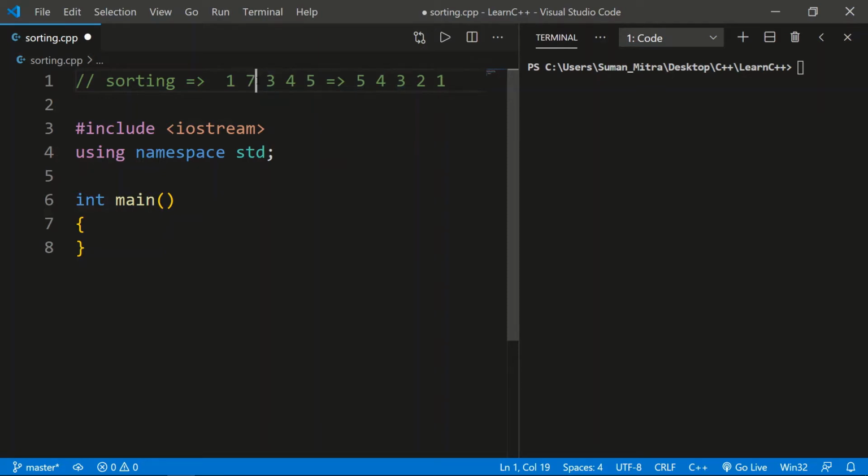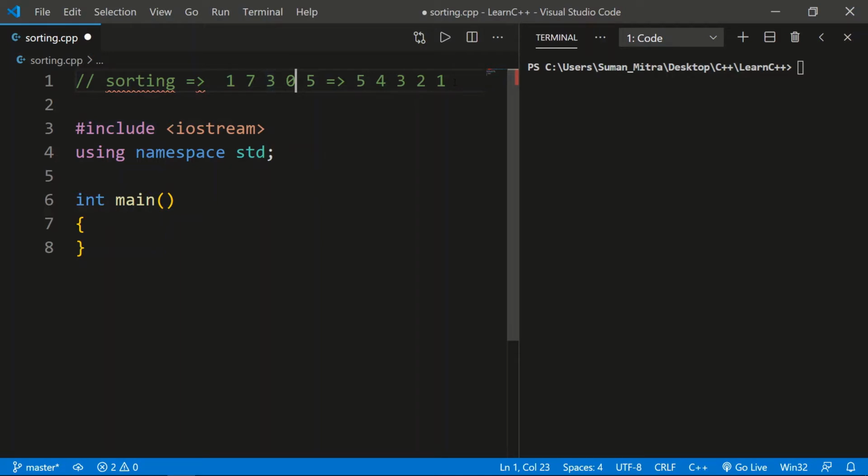Suppose we have a 7 here and a 0, and we want it in ascending order and descending order. That's what we'll be learning in sorting. It's very useful because later we need it when we need to check whether something is in ascending or descending order. Suppose you're writing a group of names, you want them to be in ascending order. So that's how we are learning.